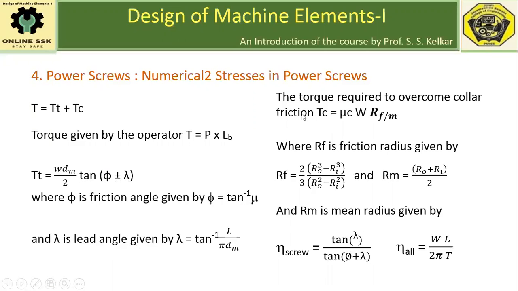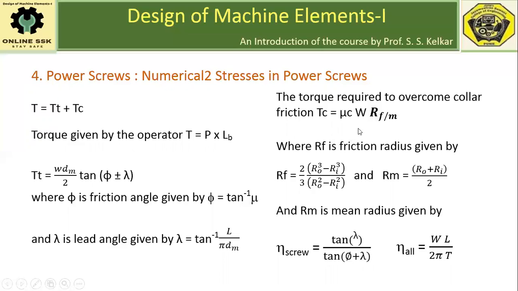Tc is the torque required to overcome the collar friction, which will be given by mu c W R f or R m. Mu c is the coefficient of friction at the collar. Sometimes in the given data, the value of mu c is not separately mentioned. In such cases, the value of mu itself is assumed as mu c to calculate the value of Tc. Mu c is the coefficient of friction at the collar, W is the load, and Rf or Rm is the